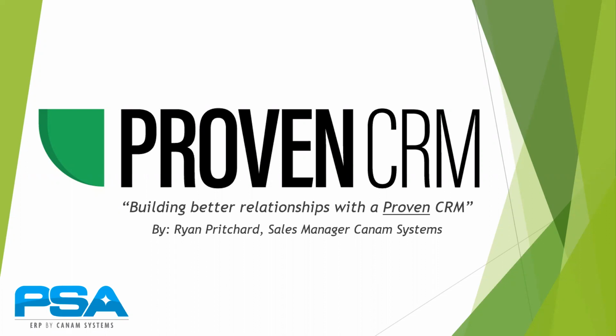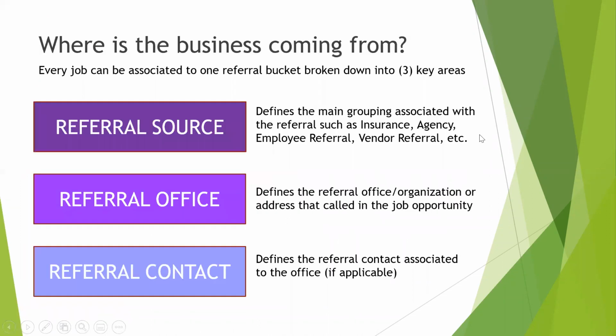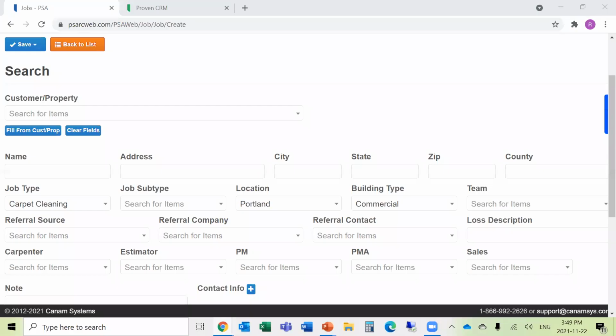Today, we're going to be taking you through the different feature set of Proven CRM, starting with the ability to log and track referrals to better understand where our business is coming from. Now, in Proven Job Management, we have the ability to track our referrals down to 3 levels. So when a new job opportunity comes in, we have the ability to appropriately record the source of that referral,